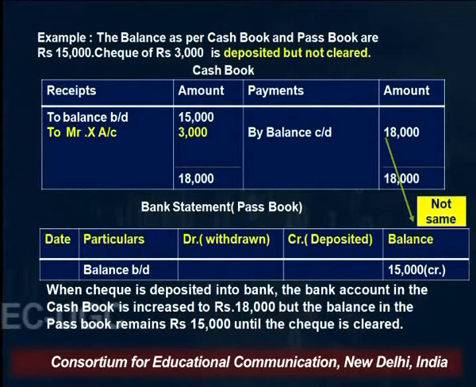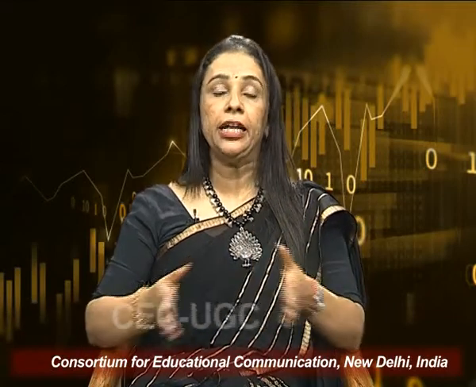For example, I have deposited a check on 29th May. The moment I deposited this check, I recorded it on the receipt side of the cash book. But for the clearing of the check, it takes somewhere around 2 or 3 days. So by the end of the month of May, I have closed my accounts, I have closed this cash book. So this entry is not depicted in the month of May in the passbook, and because of this reason, there is a difference in the balance of cash book and passbook.